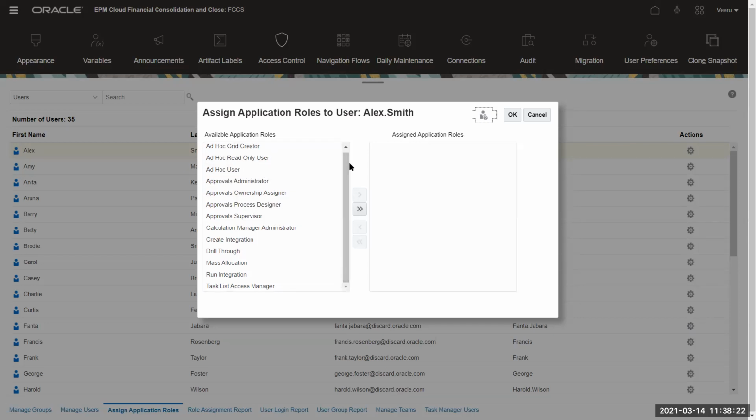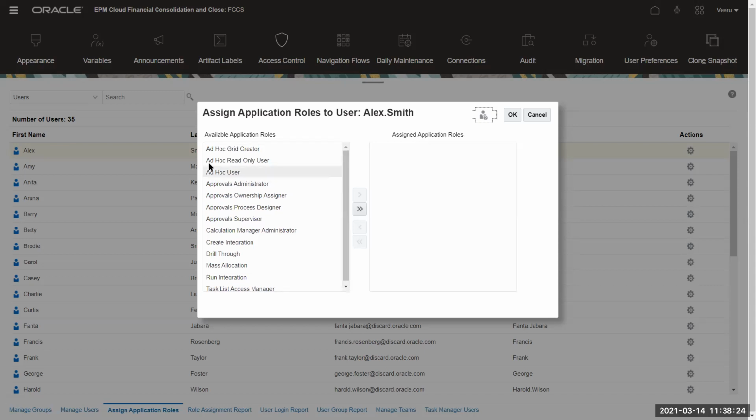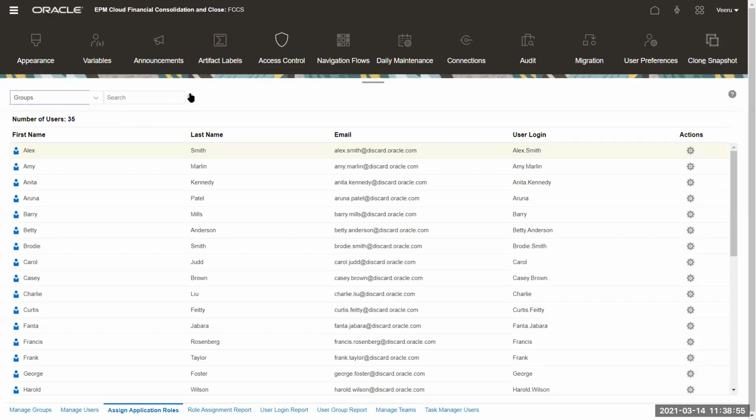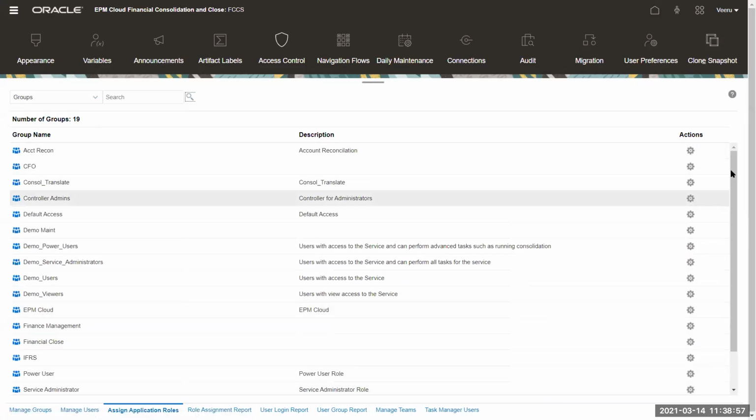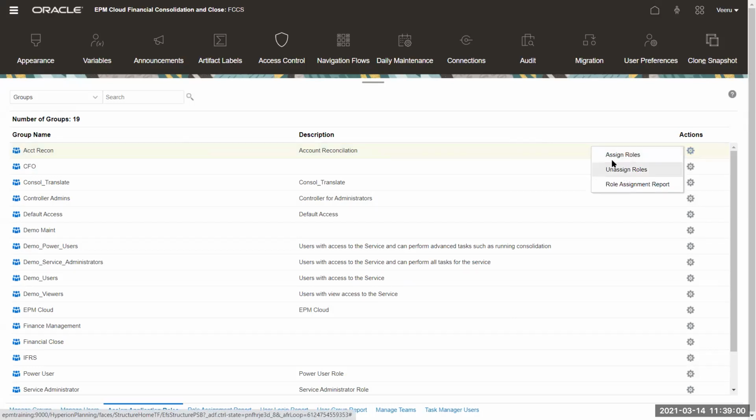These roles are specific to the application. So if you want a user to have certain other accesses, which they usually don't get as part of the role they are playing, for example, a user role might not have everything, but you want certain users to do certain activities beyond the role they have been assigned by default, this is where you can go and add those specific application roles to that user. Okay. But this is done at a very user role level. You can also click on groups, and then you can assign the same application roles to groups also.